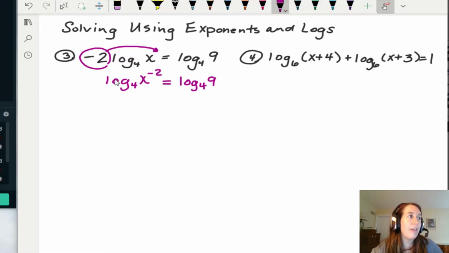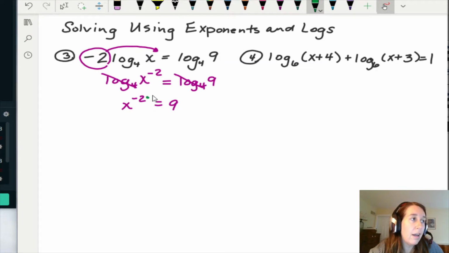And now that we simply have log base 4 of something equals log base 4 of something, then we know those somethings must be equal. So x to the -2nd power is equal to 9. Now you might be wondering, how do I solve for x? That's a little complicated, right? But not really, because if we have x to the -2nd power and we don't want this to be x to the -2nd power, then we want to multiply